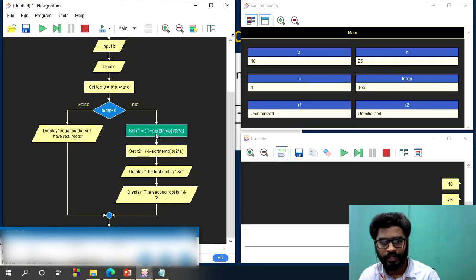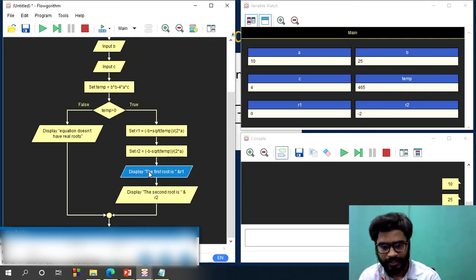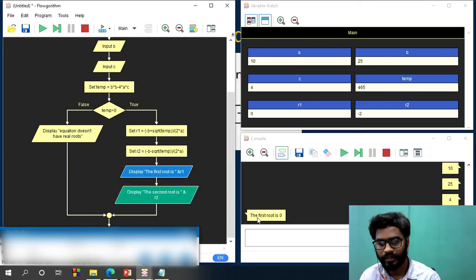See, this statement is calculating the value of R1. Okay, the first root will be calculated and the result will be stored in R1. You can observe here, R1 is having a value. Next, this statement calculates the second root and the result will be stored in R2. The current statement displays the first root R1. This is an output statement, and if you execute it, the output will appear in the console. See here, the output appeared on the left side. And the next statement is display the second root.